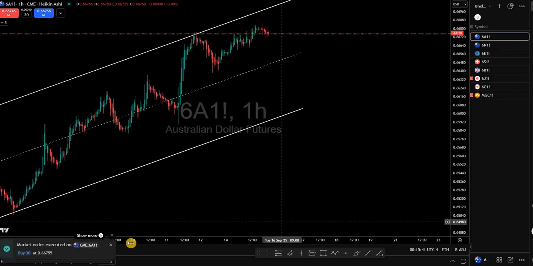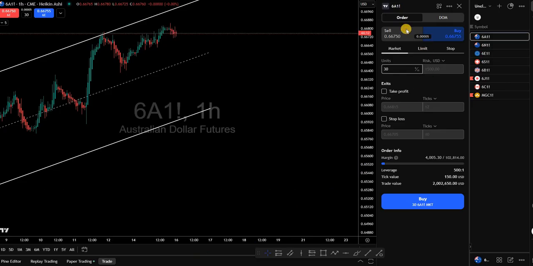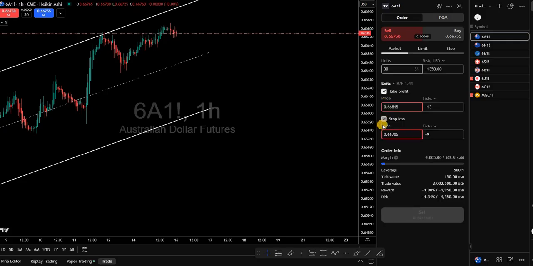The other way you can do it, let me get this out the way, is to click on this button called trade. And right here, you can click on sell. And then right here, you can put in your stop loss and take profit, and you can put the numbers right here, what you want. So over here, you say, okay, I want my stop to be at 66,890. So that's what you would put right here,